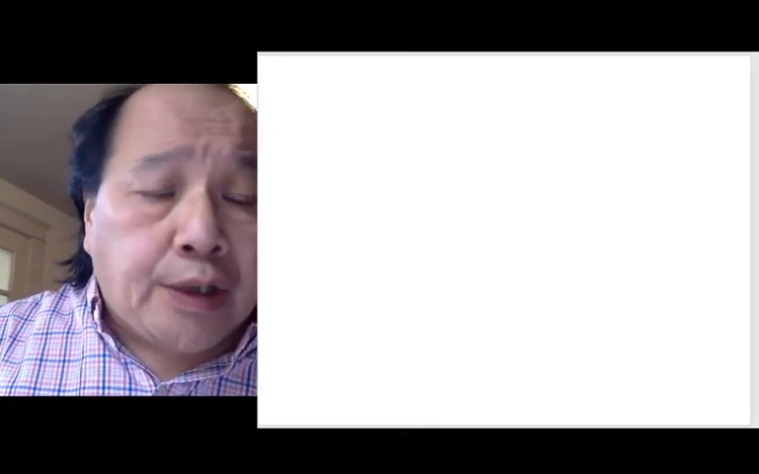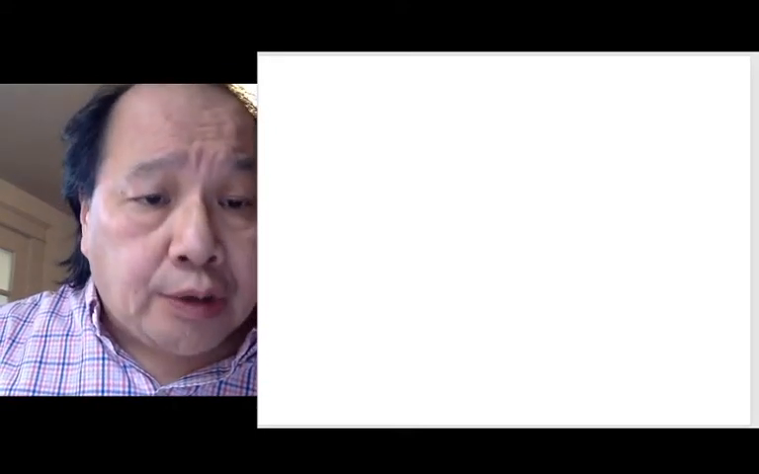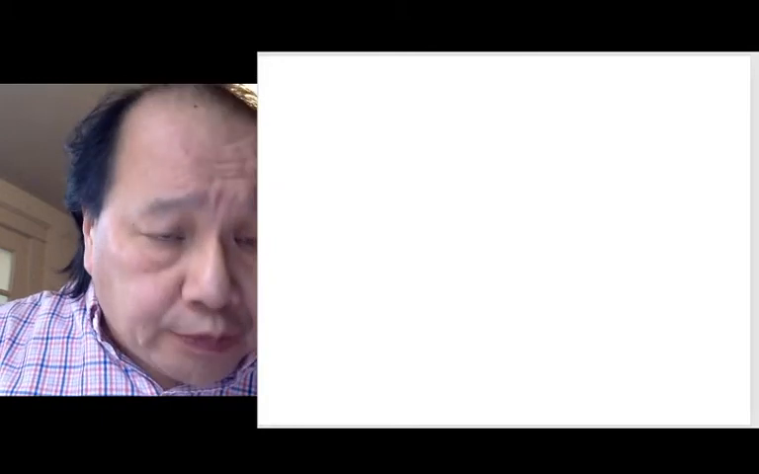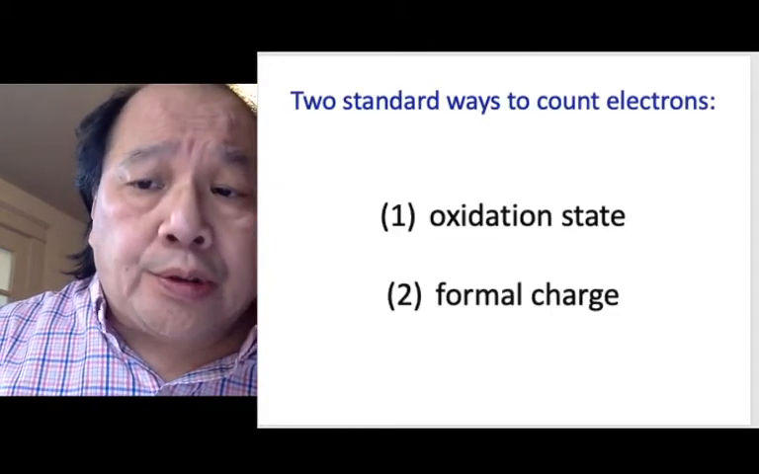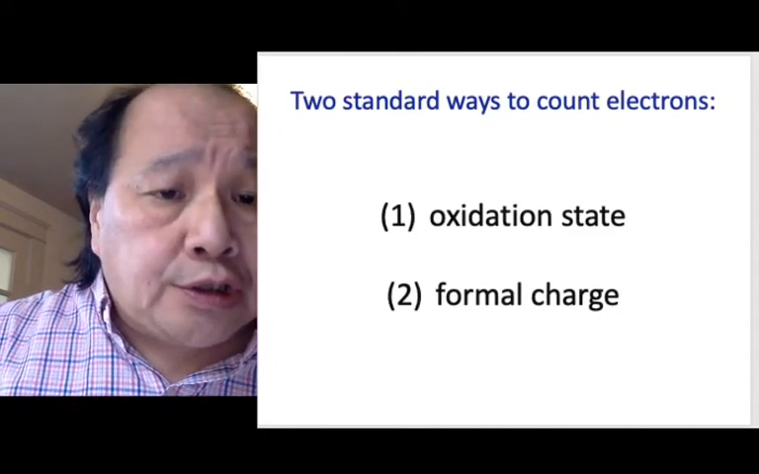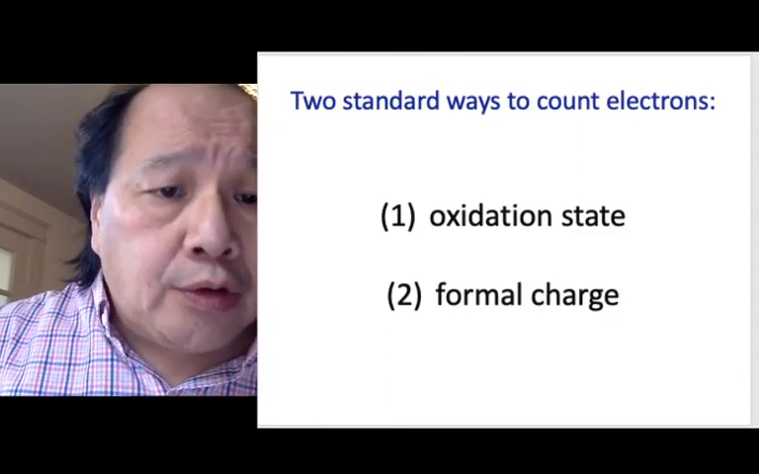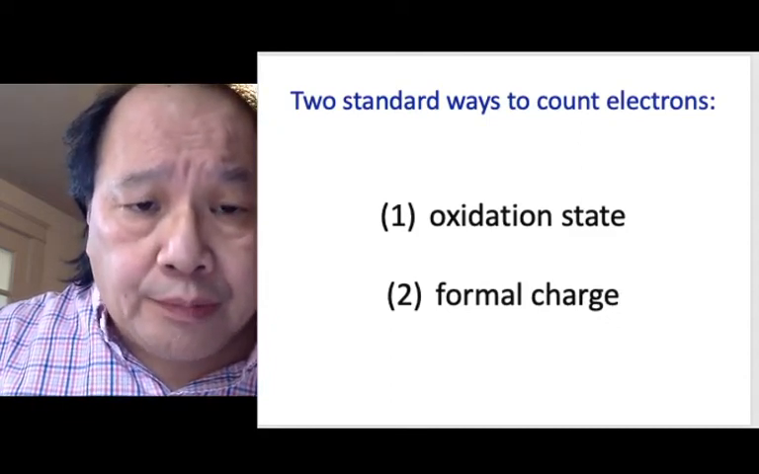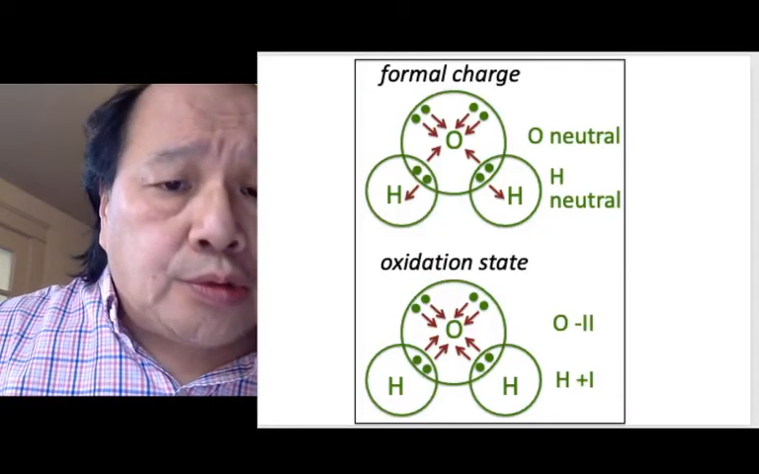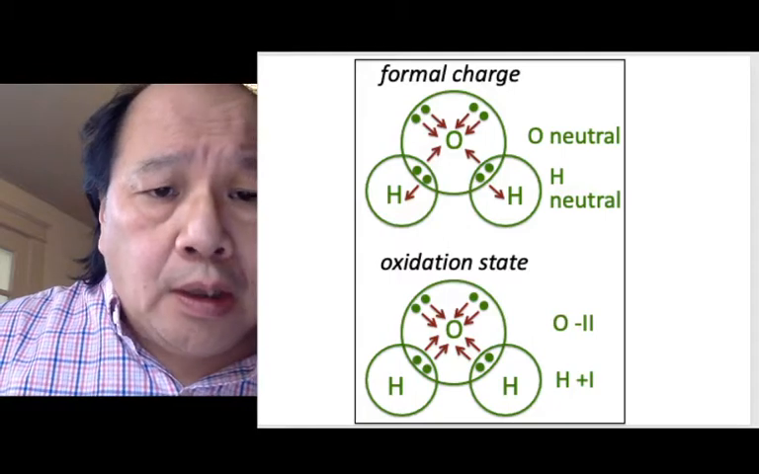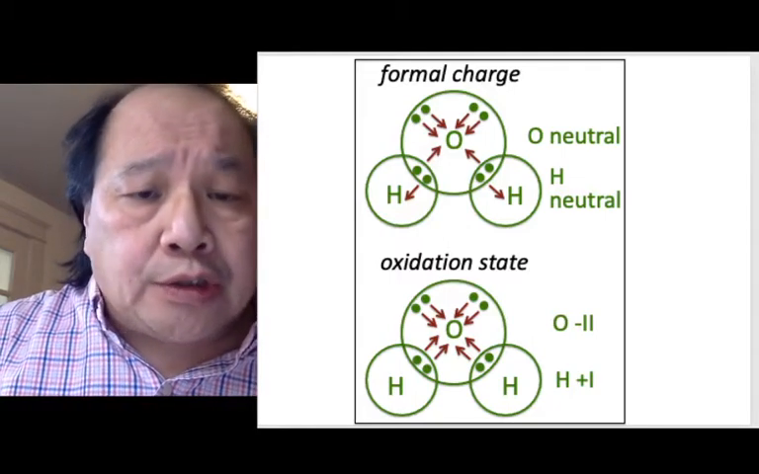The central atom method has one type of electron counting, but there are other types of electron counting that you'll need to learn in this course. The two most important are the oxidation state method and the formal charge method. Water can be used to illustrate both. The formal charge method is the method where